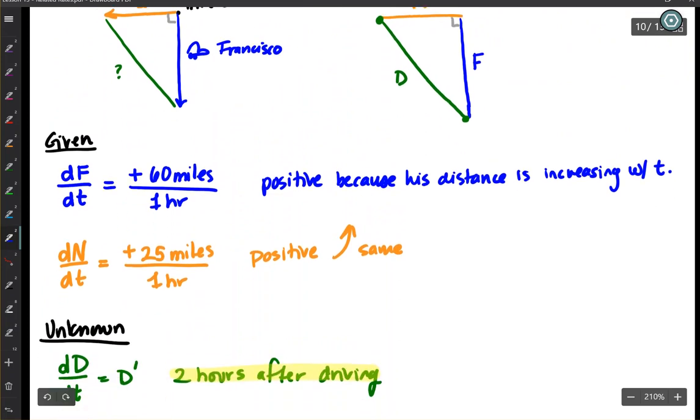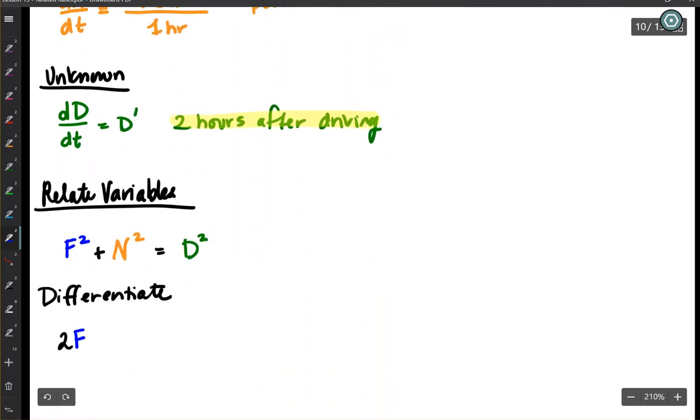The longer it's been, the more distance he's traveled. So chain rule times, either use an f prime or I'm going to do my df dt, plus the derivative of n squared is also 2n, but again, n changes with respect to time, chain rule times n prime, or dn dt,